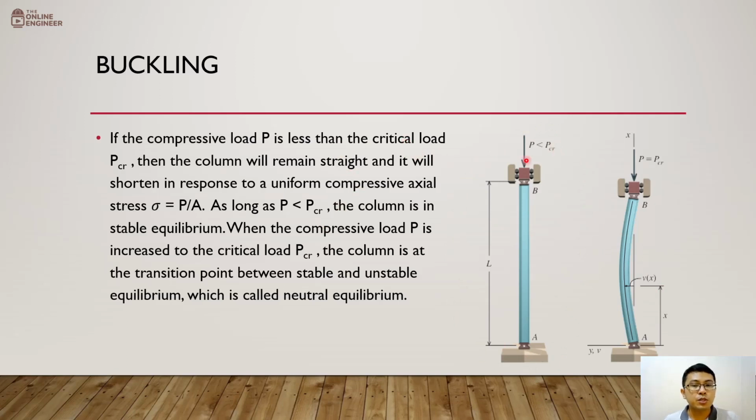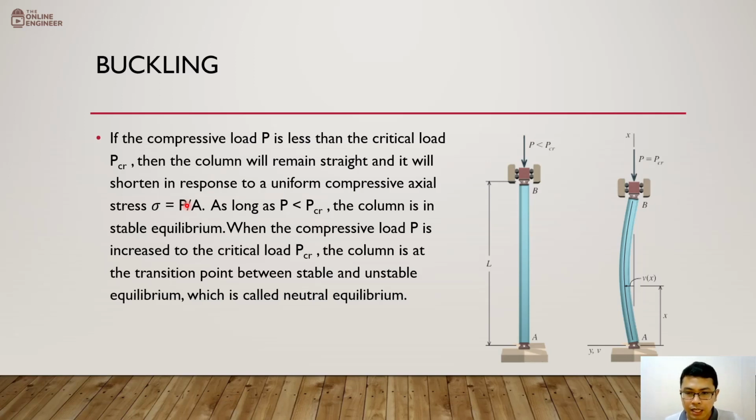And it will shorten in response to uniform compressive axial stress, as what we have mentioned earlier. That's simply P over area. It follows tension stresses, compression deformations, and so on, those formulas and principles that we have learned in strength of materials. As long as P is less than this critical load PCR, the column is in stable equilibrium. So once again, this condition over here is P less than PCR. Analysis will just be using simple mechanics, strength of materials. P over A, and probably the deformation, we have PL over AE, if you still recall those formulas in strength